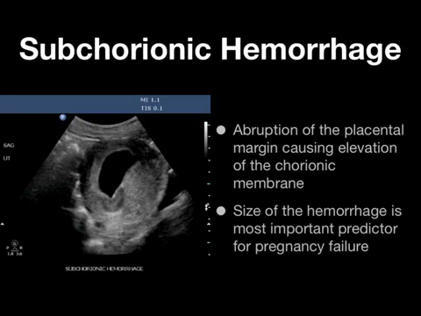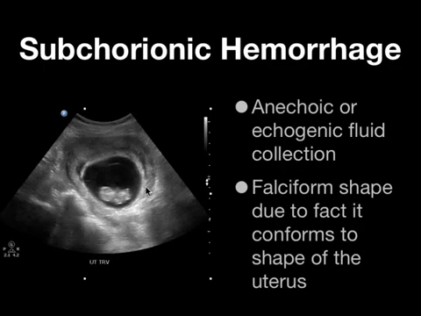It's very small. Chorionic hemorrhages can be either anechoic or echogenic, and they usually will have a falciform shape due to the fact that it conforms to the shape of the uterus. So here you've got a subchorionic hemorrhage that extends approximately 50%